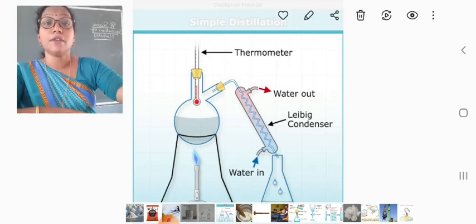A tube is fitted with a cork. Through the tube the steam, or the hot water vapor, comes out,